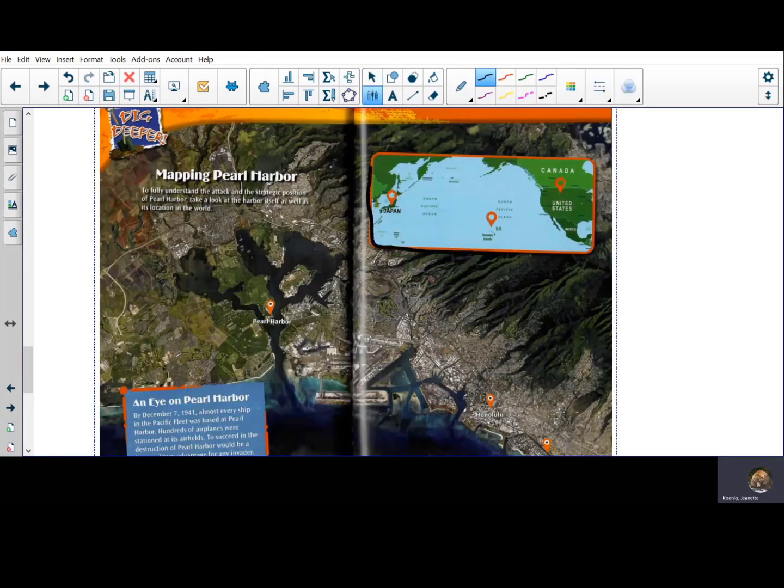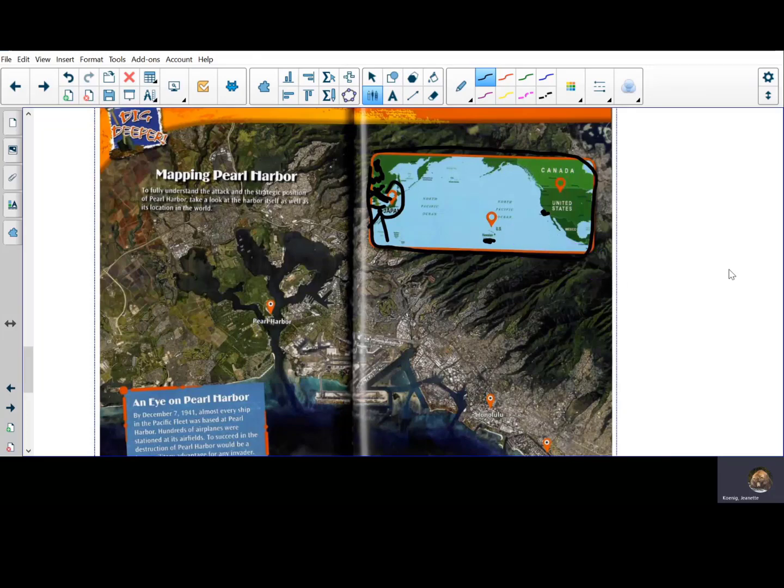This little bitty inset map here shows the US and Asia. Here's the United States, so the Navy used to be based somewhere around here. Notice Japan is over here. This area here is all mainland Asia. China's over here. Japan is attacking China. They're also attacking other places in Asia. Hawaii, where Pearl Harbor is, is over here, which is a lot closer to Japan than California. So that's the big picture.